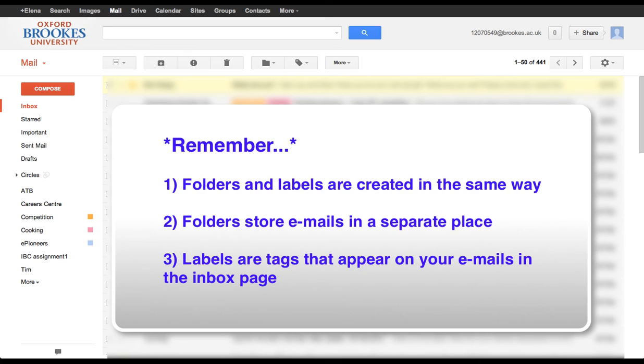Finally, as a quick recap, remember that folders and labels are created the same way. The only difference is that folders store the emails in a different place so that they are just not hanging around in your inbox page, and on the other hand, labels are just tags that you put in your emails that can just help you organize a bit better your inbox page so that you can find the emails that